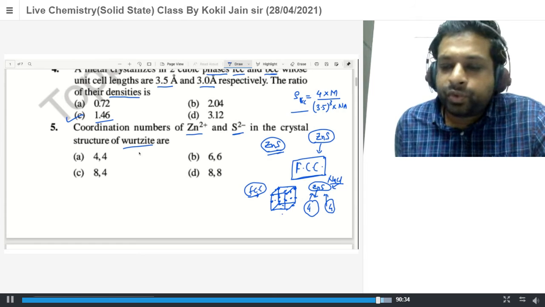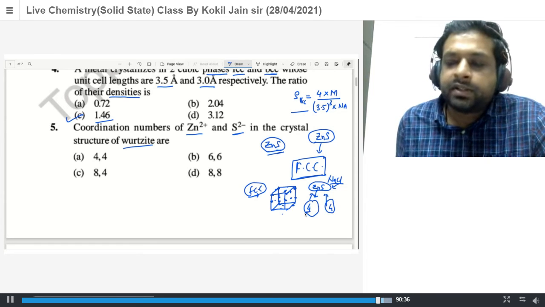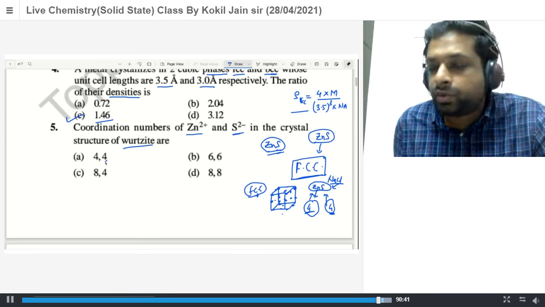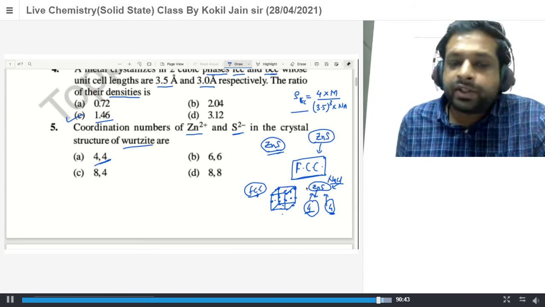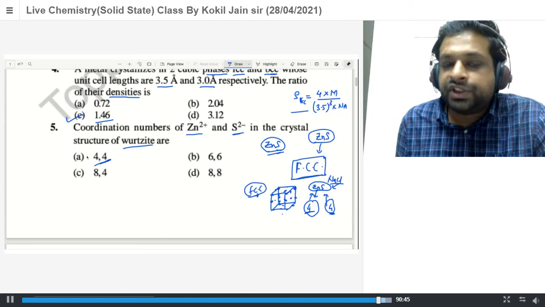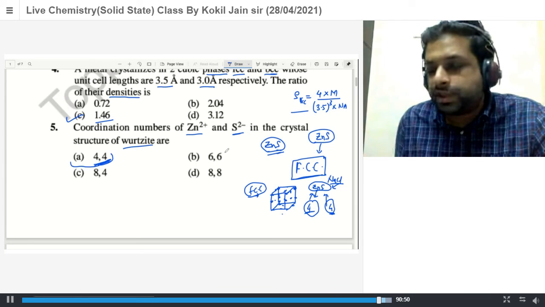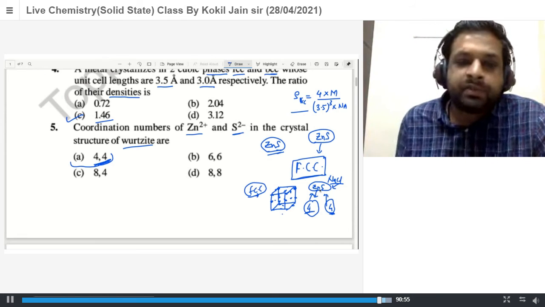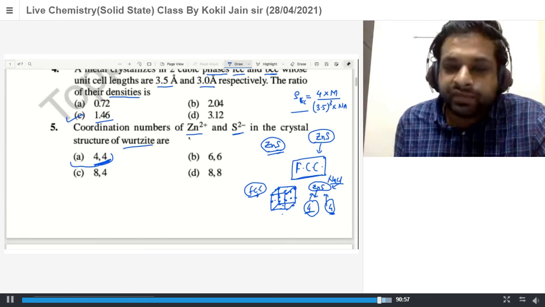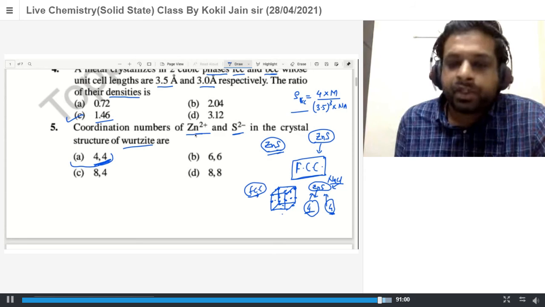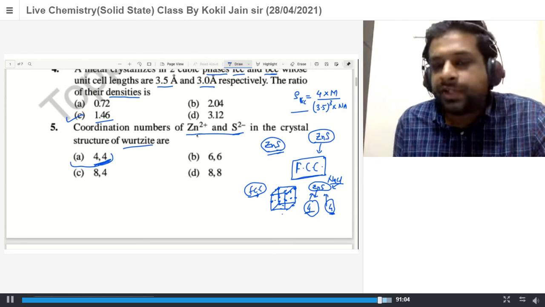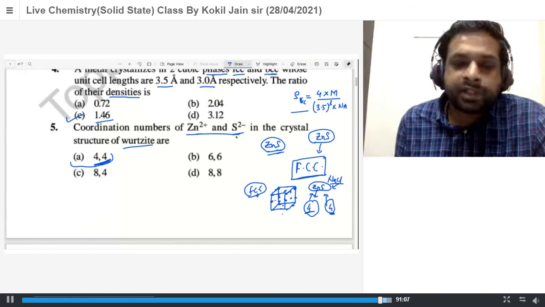You saw 4 molecules of zinc present in a unit cell bonded to 4 molecules of sulfur here. So the effective coordination number is 4 and 4 in a unit cell, because 4 zincs are going to bond with 4 sulfurs. This is what we mean by coordination number in case of an ionic crystal. Keep this in mind: one zinc is going to bond with how many sulfur? That is what our coordination number is.